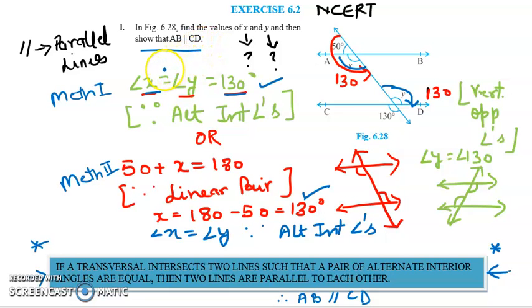So in this way you will complete this question and just try the next 2 or 3 questions. I'm not telling you to solve the complete exercise, I'm just saying that you solve the next 2 or 3 questions. Just try and solve. Then in the next video I will explain more questions.